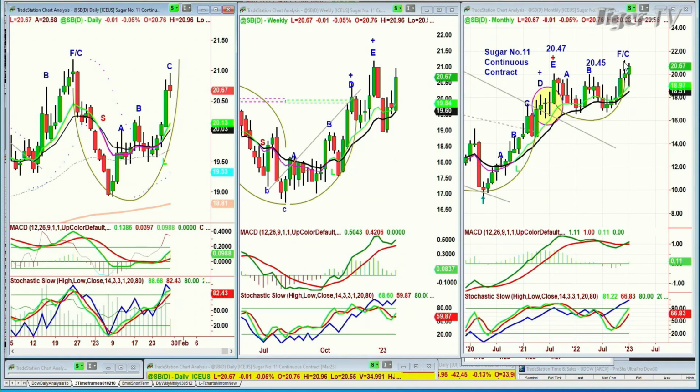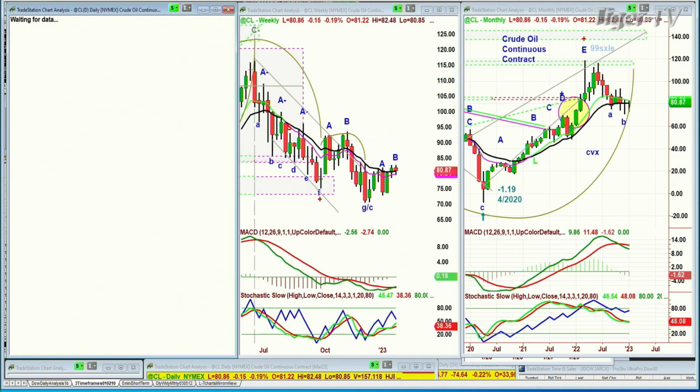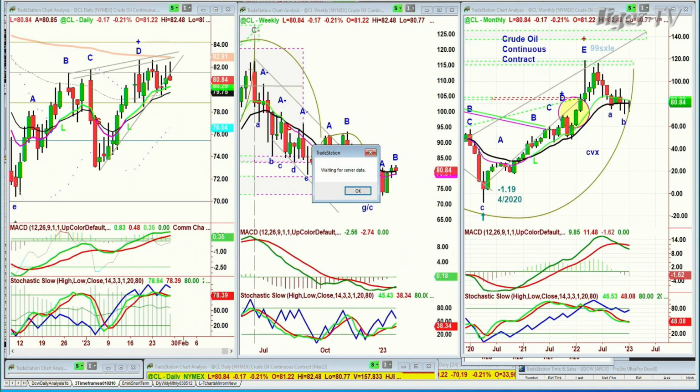And then the monthly chart is already at highs. So that's what I'm saying, that we get some kind of a rotation going on, because if you look at crude oil, it is trading right now down 22 cents. And it's just getting stuck underneath the 200-period moving average, which says that crude oil could be stuck for